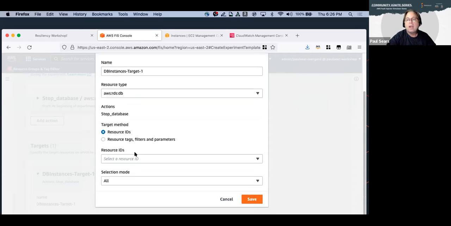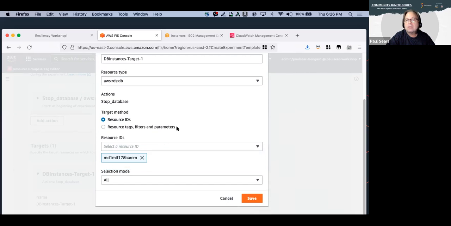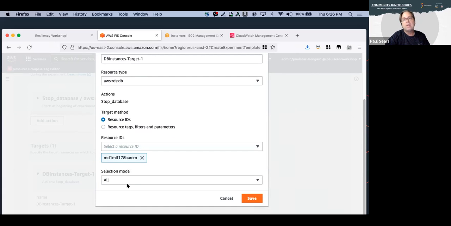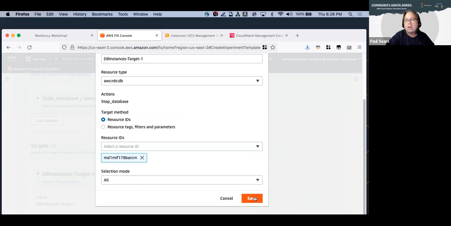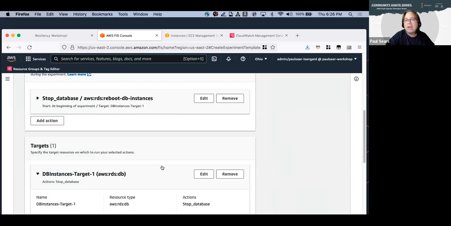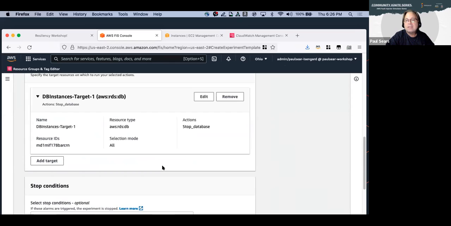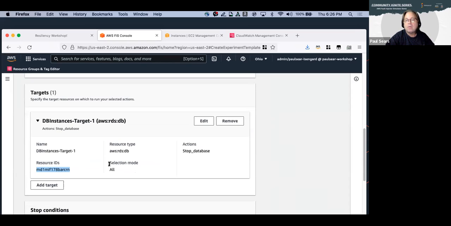I can look through resource IDs. I can have tags and filters. I can do different kinds of things for my resource type. I'm going to look for my database here, and I'm going to pick that, and I can say all or just individual, like a certain number. Like I want to pick maybe 10 out of 20, or I'll do all of them, right? So in this case, I'll do all of them, and I'll save this. So now I have an experiment that is specific to this particular data resource ID here, which is this database